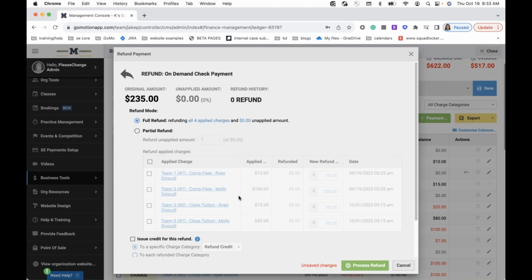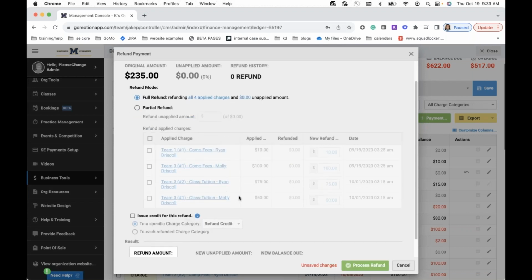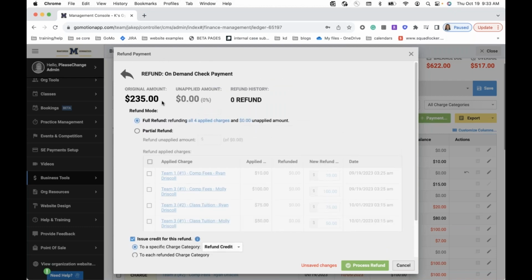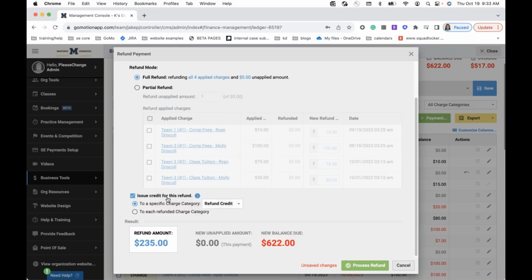It's going to ask you, do you want to do a full refund? So for that, a full amount of $235, is that what's going back? And then you want to issue a credit for this refund. You're going to hit this 99.9% of the time. What this is doing is the refund is zeroing out the payment, and this credit is also zeroing out those